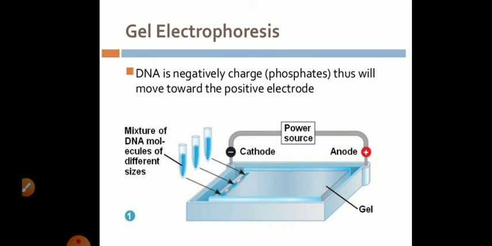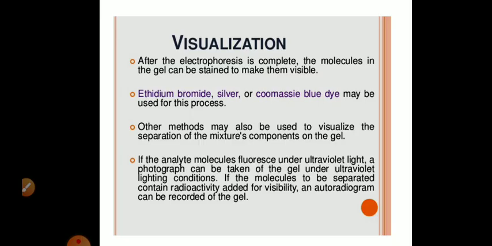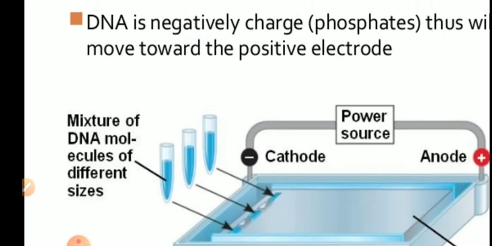Now DNA, which is negatively charged, will definitely move towards the positive electrode. So DNA moves towards the anode. Because DNA is negatively charged, the wells are placed towards the cathode. So we load the sample at the cathode, and being negatively charged, it will move towards the anode. Now when you start electrophoresis, you check that the two electrodes are working properly, and then you load your sample into the sample wells. Here it is shown, you have loaded the sample.